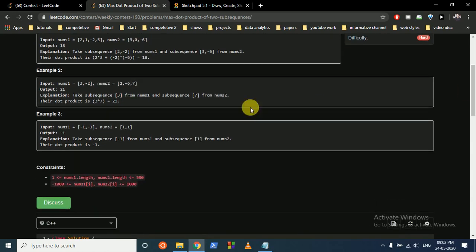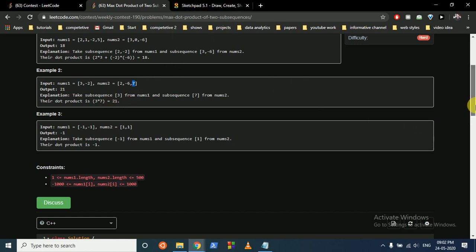Same for this, you can take 3 into 2 which is 6 and 6 into 2 which is 12, but it is less than if you just take 3 into 7. I hope you understand. So you have to find the maximum, because if you just delete this part and just delete this part, the rest of the elements are 7 and 3, so you can form this. The order should remain the same, else you can delete some elements. So this is a subsequence.